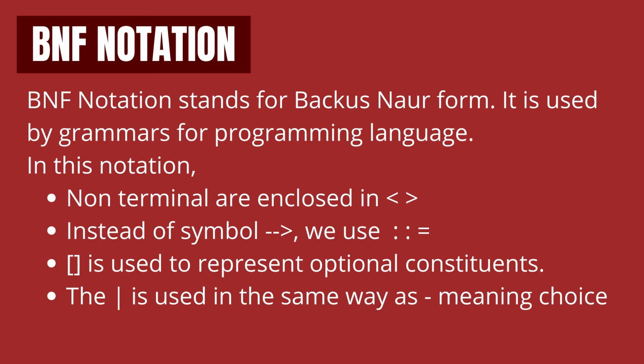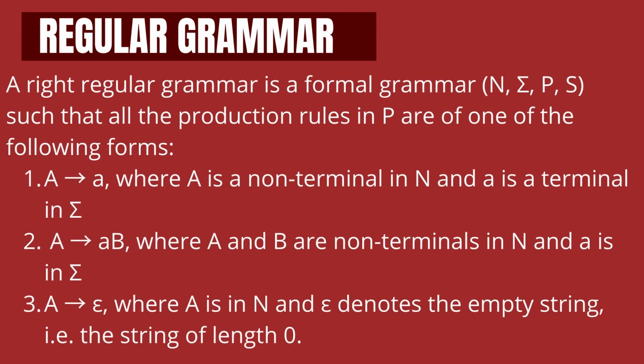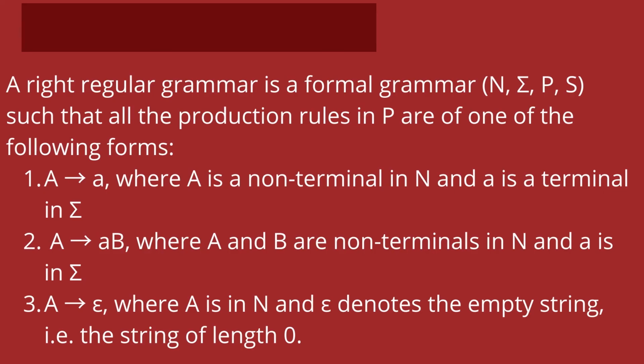Now, let's have a look at regular grammar. A regular grammar is the type 3 grammar in the chart previously shown. The production rules of regular grammar take the following nature. Key point to note is that on the left side of the production, we always have a non-terminal symbol. We can also have a production rule of the type non-terminal gives empty string, and this is a perfectly valid rule.